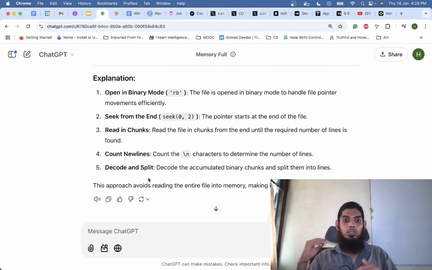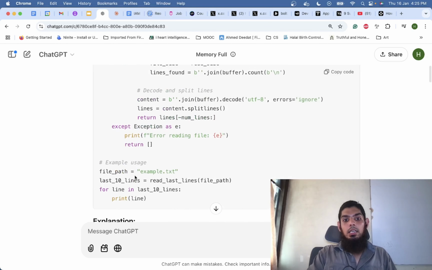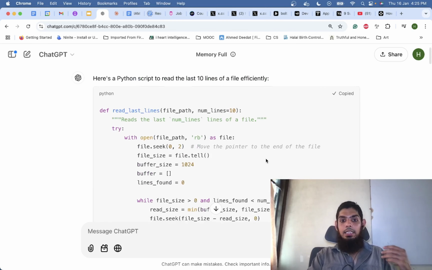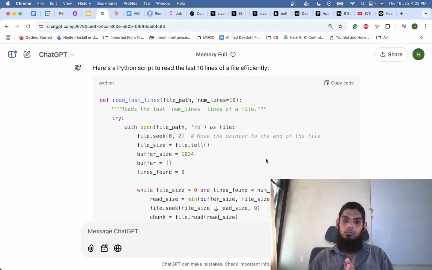Now, it has also provided a small explanation. The first thing it says is open in binary mode. So the file is opened in binary mode to handle file pointer movements efficiently. Okay, so it seeks from the end. The pointer starts at the end of the file. It reads in chunks, it counts new lines, and then it decodes and splits. All right. Now you can basically copy this code, put it in your editor, and then run it,